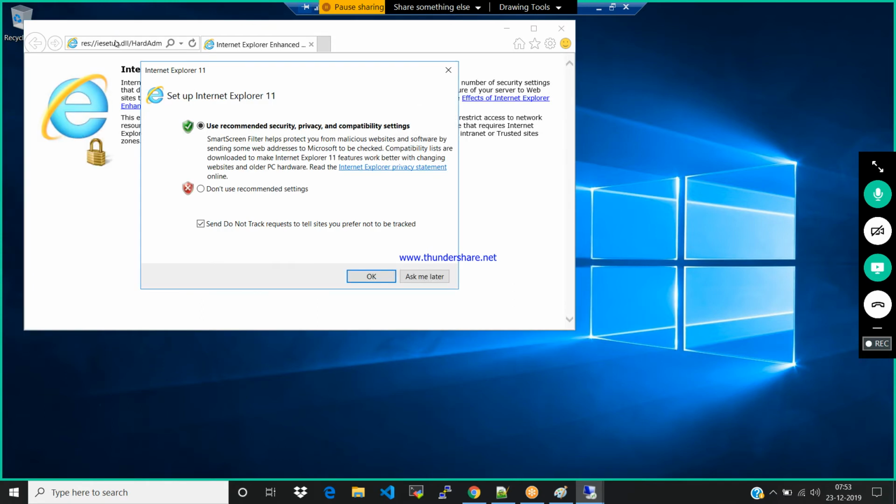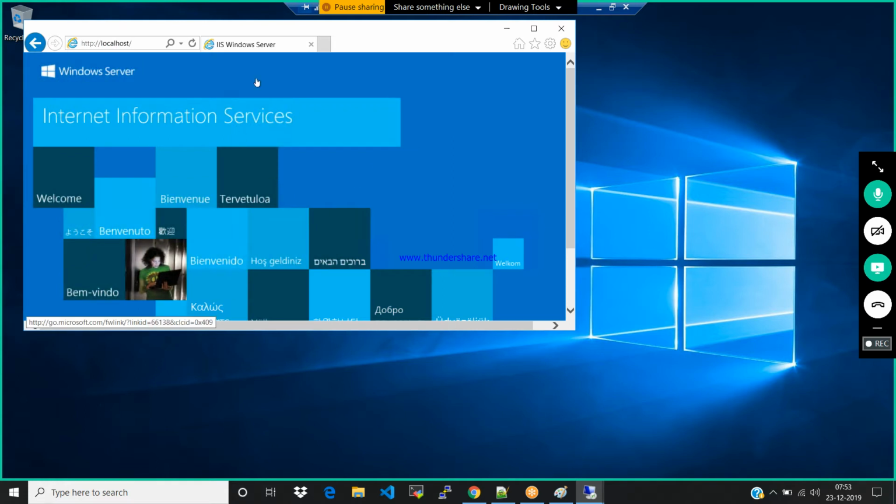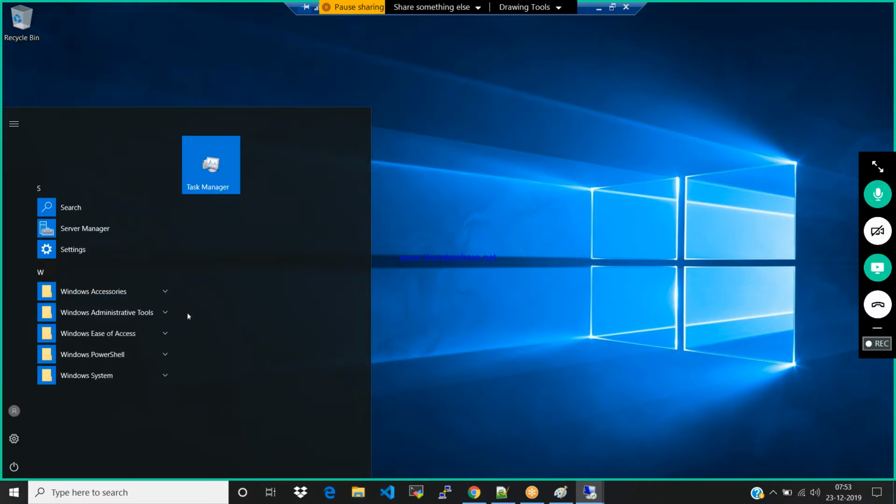Okay, how do you check that? Using the localhost. This is our web server which is installed. Now, what we have to do for our testing purpose, just